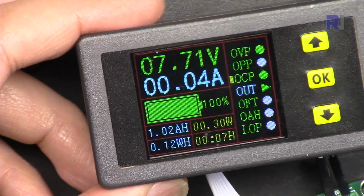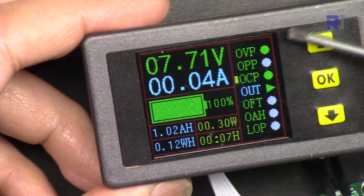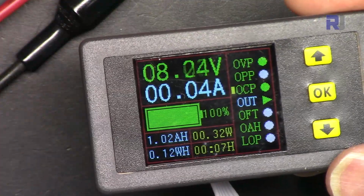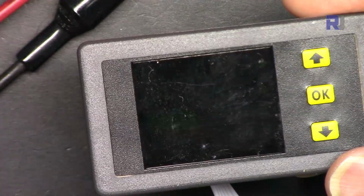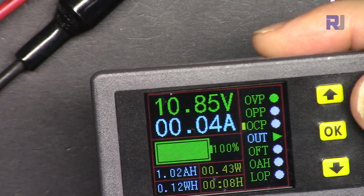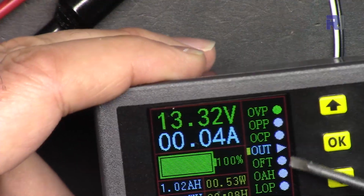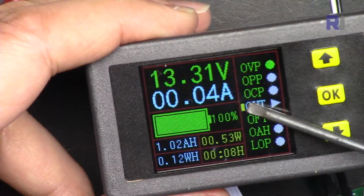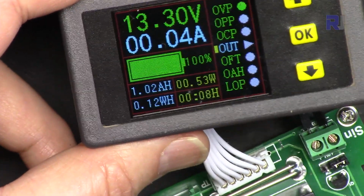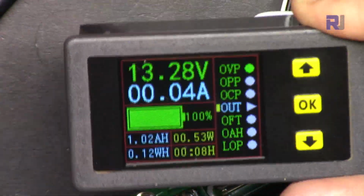Let me demonstrate over voltage protection now. Over voltage protection is on. The voltage is 7.7 volts and the over voltage value is 12.6. As soon as I increase the voltage, as you can see, it showed, and this arrow is not green, which means the relay is now turned off. So the relay is not consuming any current. The power is disconnected. Now if I reduce the voltage back,